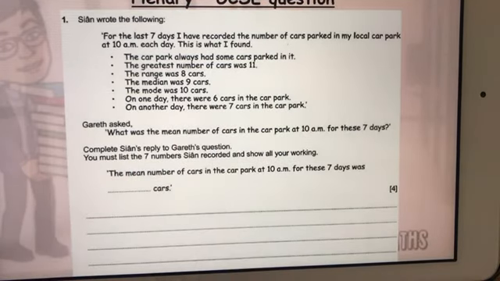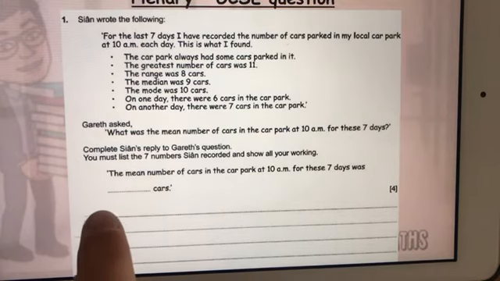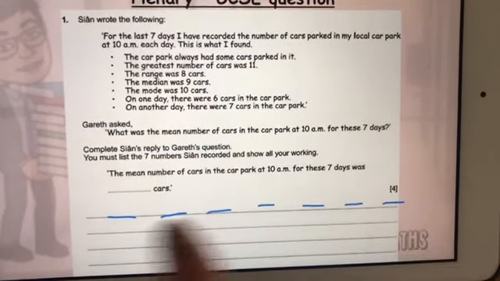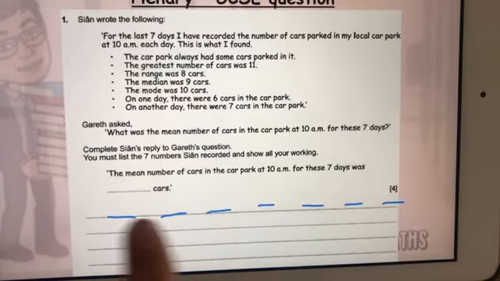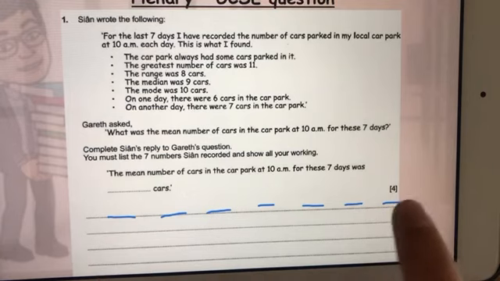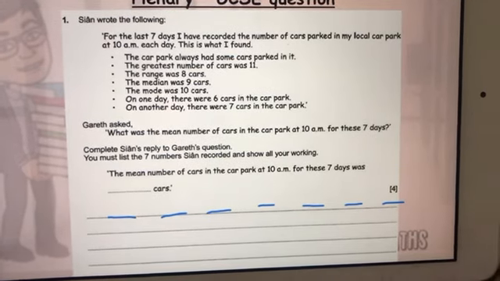in the bullet points. Okay, so if you go through each one, imagine there's 7 days, 7 lots of cars. So I got 1, 2, 3, 4, 5, 6, 7. I've drawn my little lines at the bottom. I'm going to put numbers of cars on each of these, with the littlest number on the left hand side, the biggest number on the right. So